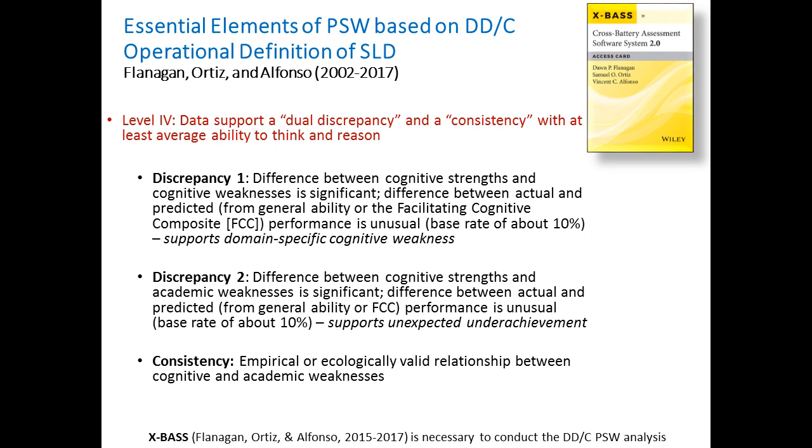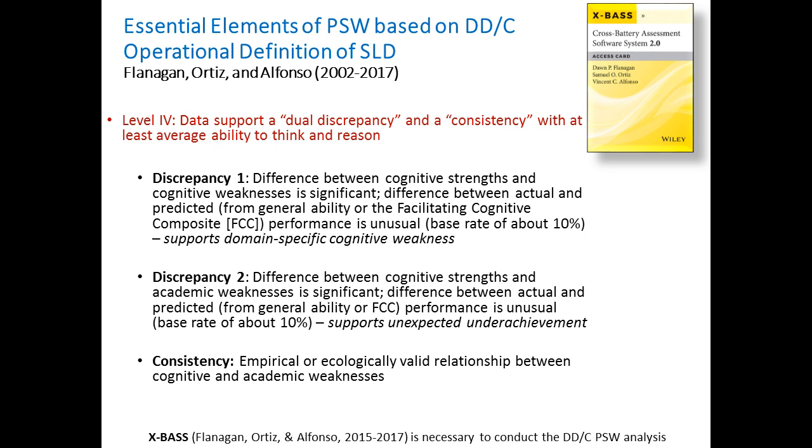And if that difference occurs in about 10% or less of the population, then the cognitive weakness meets the criterion for domain-specific. So it's a domain-specific cognitive weakness. The second discrepancy is the difference between the cognitive strengths, or the facilitating cognitive composite, and the academic area that you indicated was a weakness. That difference needs to be statistically significant, showing that it is a real difference, and when it is, the FCC is used in a regression-based analysis to predict where that person was expected to perform in that area of achievement. And if the difference between predicted and actual is unusual in the general population, then that supports